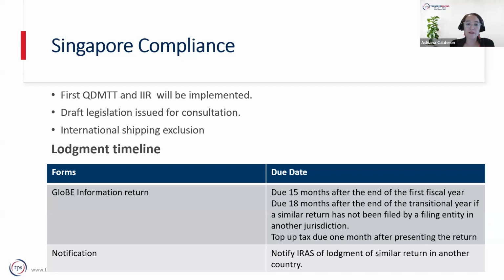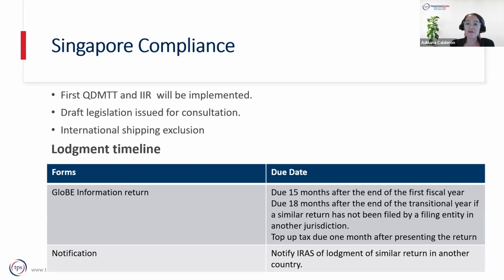We will have a very similar framework to Australia, in the sense that you will have a GLOBE information return that in the first year is going to be within 18 months, and in the following years within 15 months of the end of the fiscal year. So in other words, in the first year, everyone is going to have a little bit more time to get ready, similar to Australia. And the top-up tax, meaning the payment, has to happen 1 month after presenting the income tax